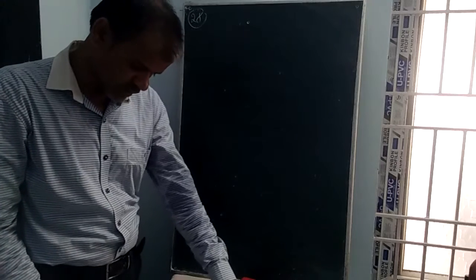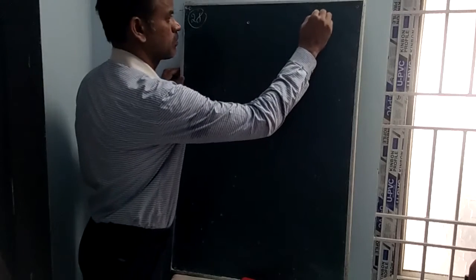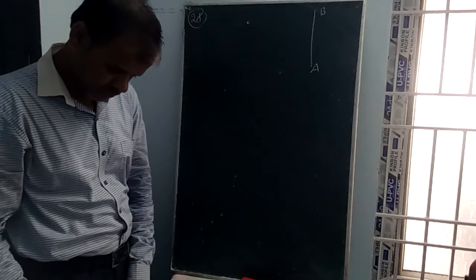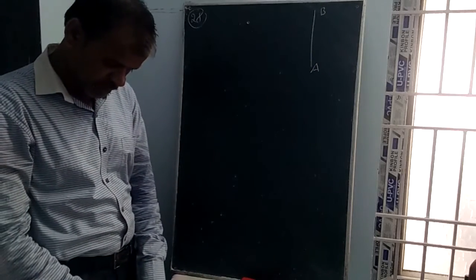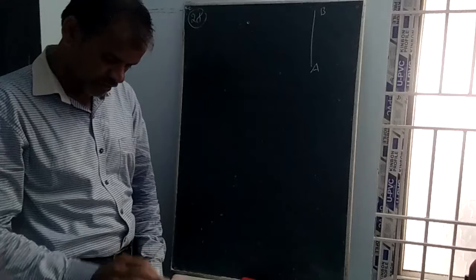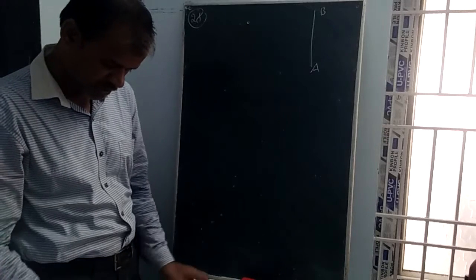Question. Let a vertical tower AB has its end A on the level ground. Let C be the midpoint of AB and P be a point on the ground such that AP equal to 2AB. Okay. Let us draw the diagram like this. This is A, this is B. On the level ground, C the midpoint of AB, and P be a point on the ground such that AP is equal to 2AB.